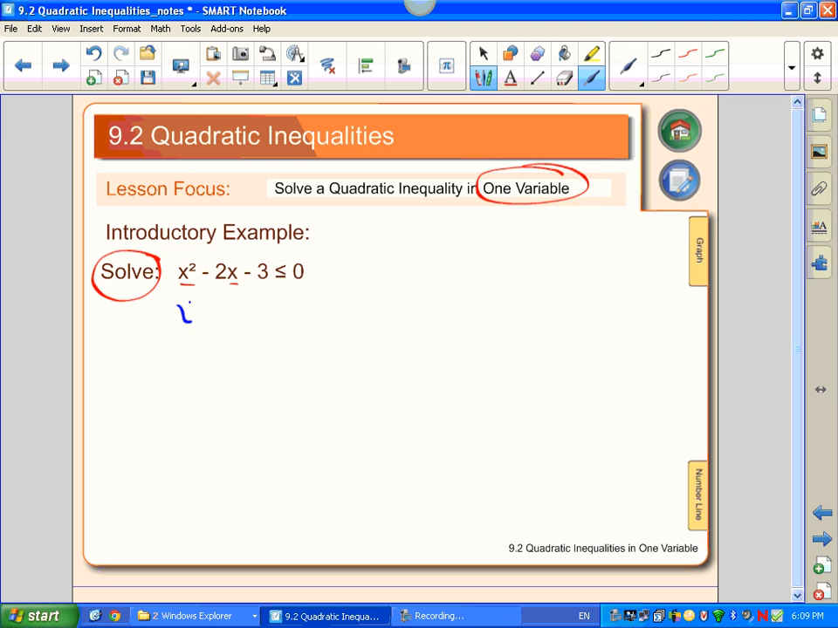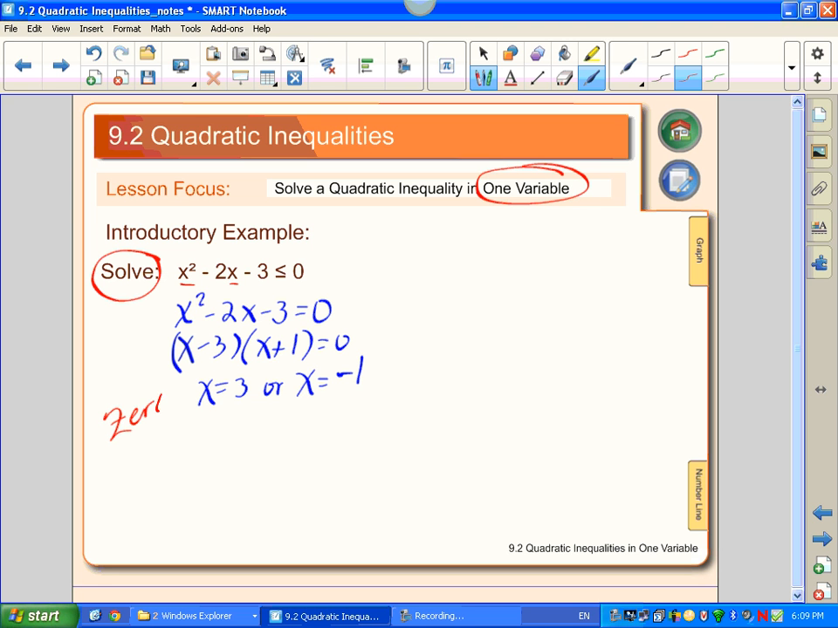So this is set up very nicely for factoring. So we're going to use this equation. We want to find the 0. So we factor (x - 3)(x + 1) = 0. So x is equal to 3, or x is equal to negative 1. So these are my zeros. These are the points that are crossing my x-axis. That's really important. Let's graph that,